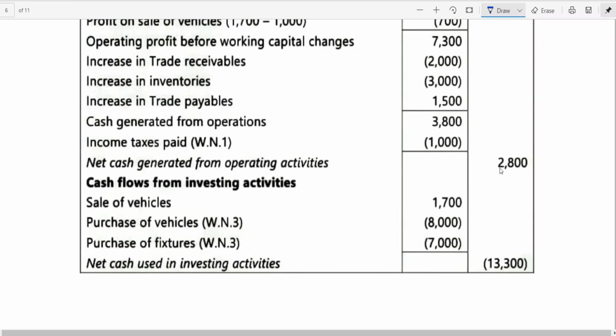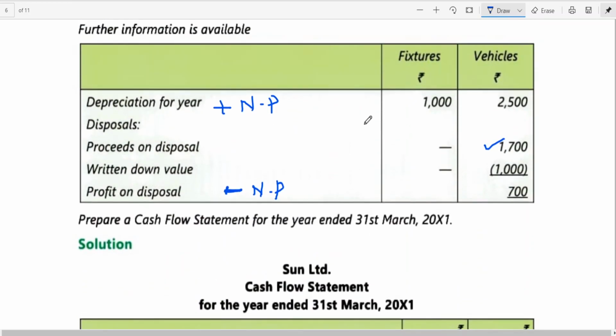Then sale of vehicles, I told you already. Sale of vehicle itself has been given, so there is a cash flow. We can directly pick this up because I don't need any profit or loss. When sale proceeds are given, remaining things are unimportant, unless you also got any purchase of vehicle or something like that, then that information may be useful. Otherwise I think no need to panic.